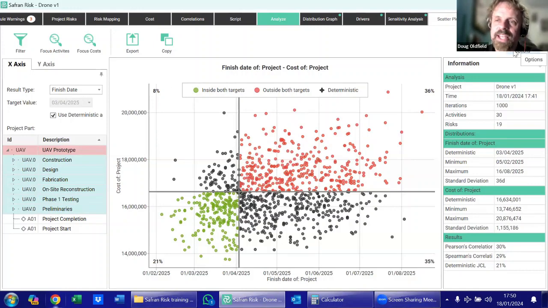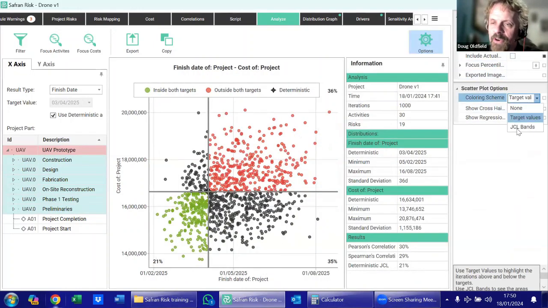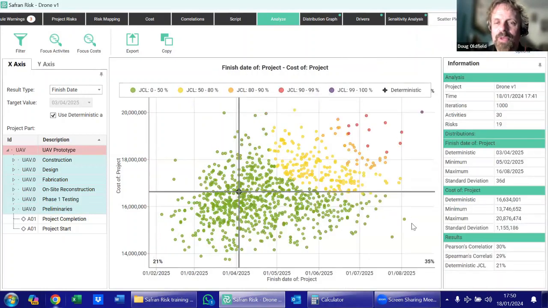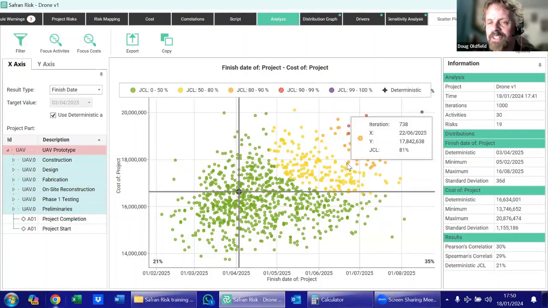whether we're looking at these scatter plots or these JCLs, which NASA have played such a big part in popularizing recently, rather than projects being sanctioned at the P80 for cost and schedule, what we require is a JCL of 80% or more. And so when we look at sanctioning projects, we need to make sure that we build up a model where cost and schedule are looked at together in order to come up with this joint approach to